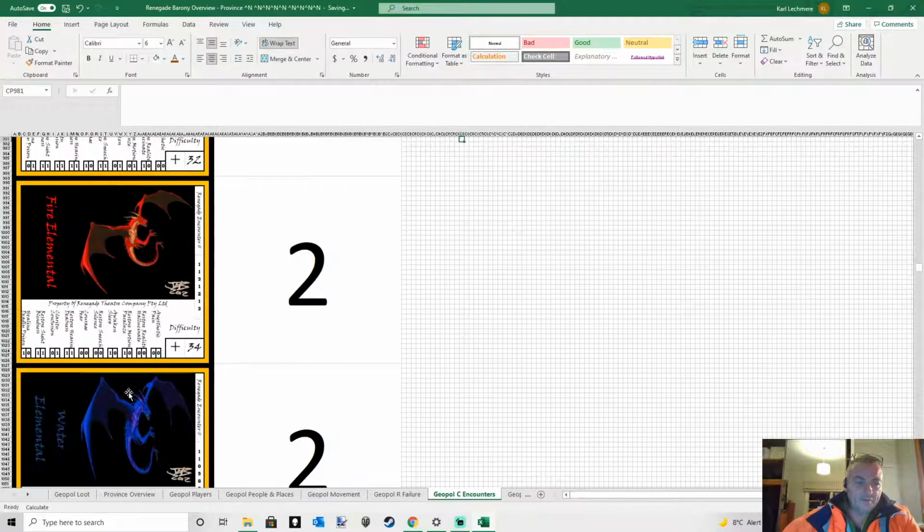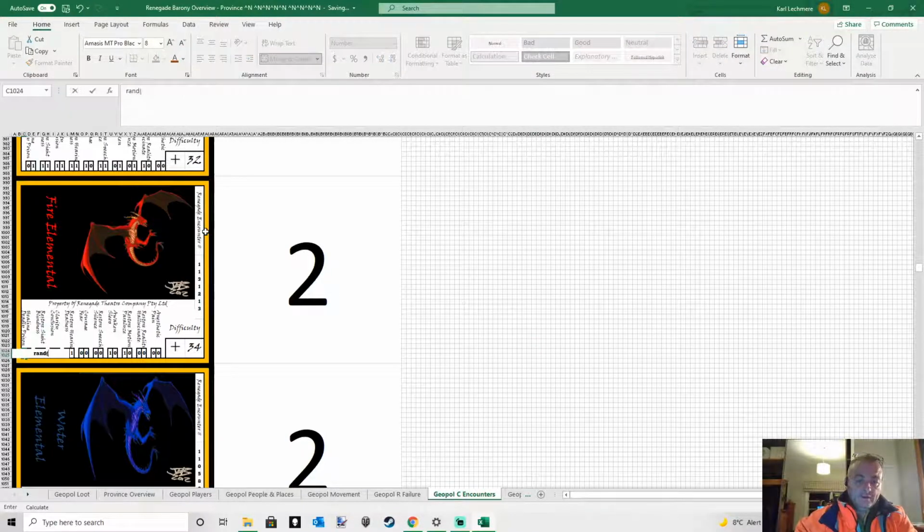So anyway, that's 0.3 and we'll make this 0.5. Now, with 0.5, we don't have to do any of that. We can just basically do a rand. Equals rand.